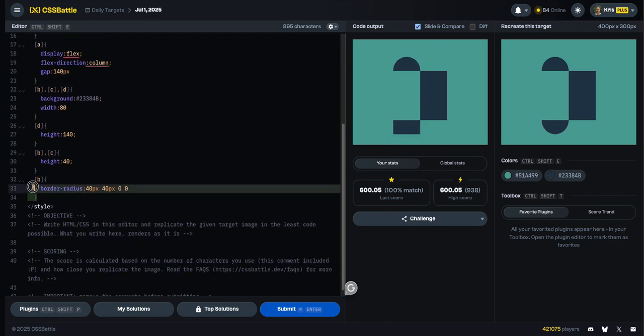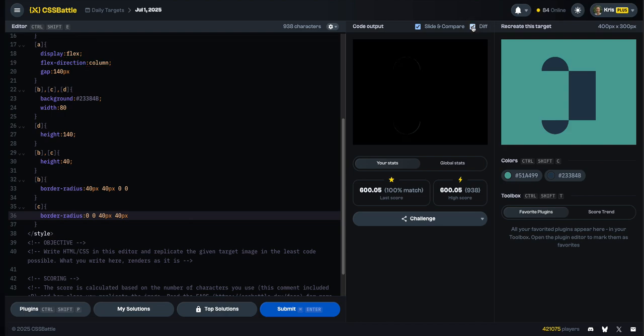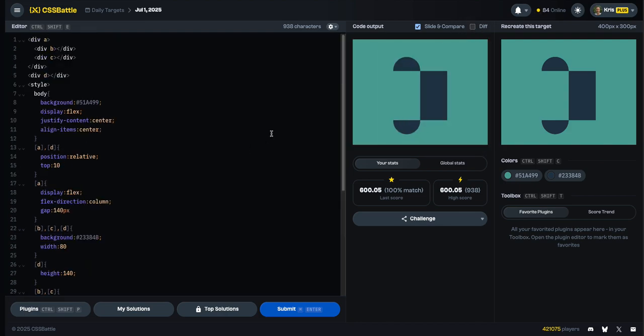And then all we need to do for C is do the opposite. So let's make that C. Get rid of these zeros. And then we're going to put zeros in front. There you go. Perfect. So for the diff, pretty close. Okay, so